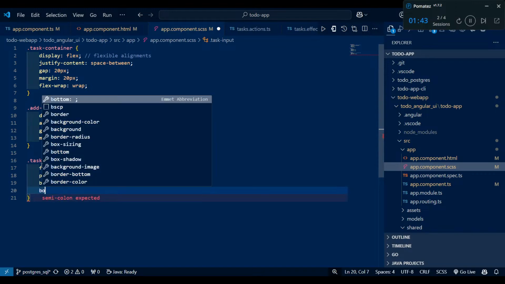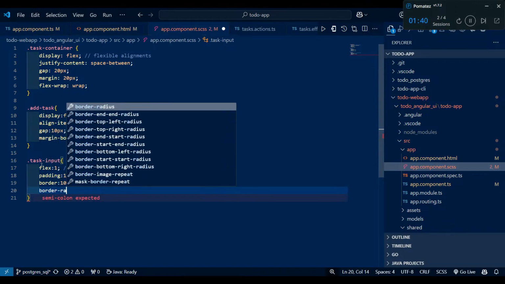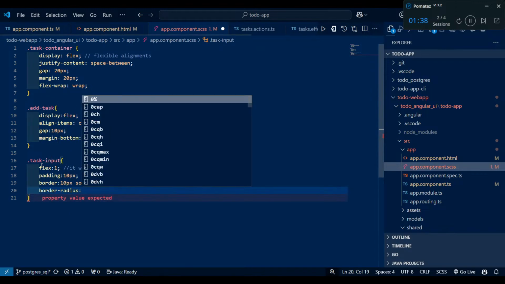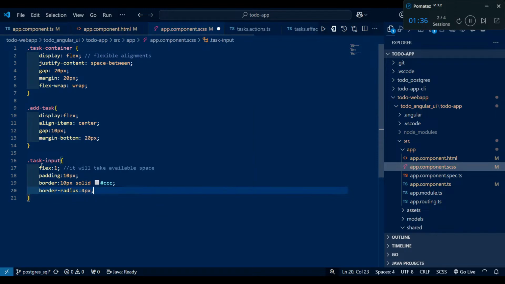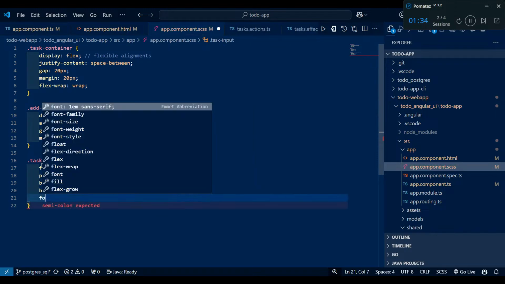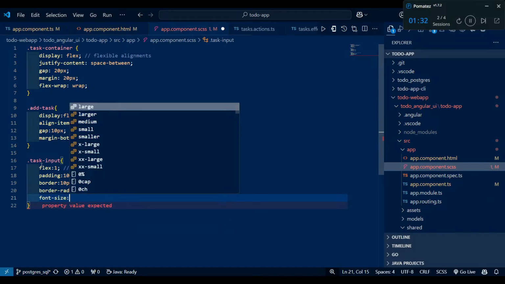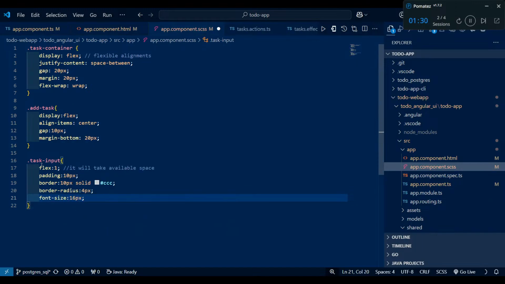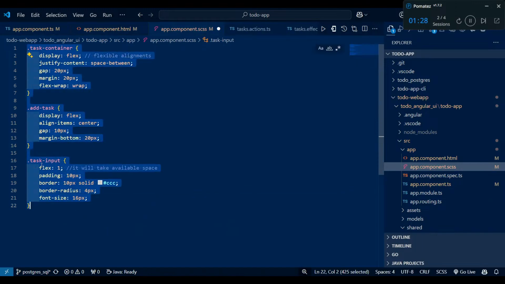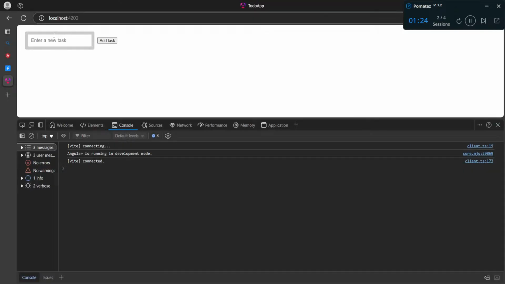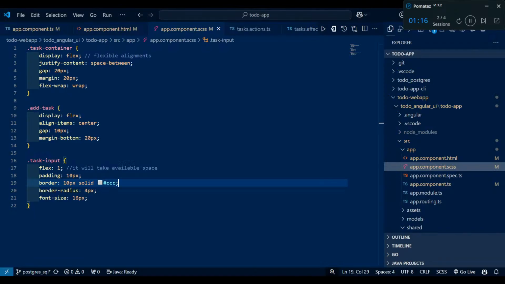Then afterwards border radius 4 pixel and font size is 16. Once again we can see, so this is for the new text box, we will add it here. And now